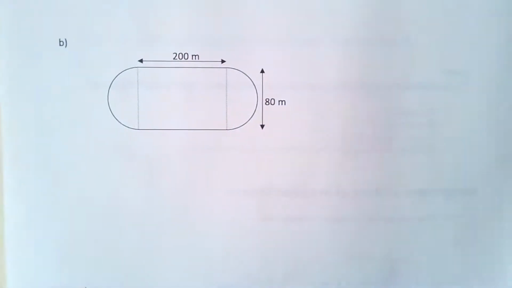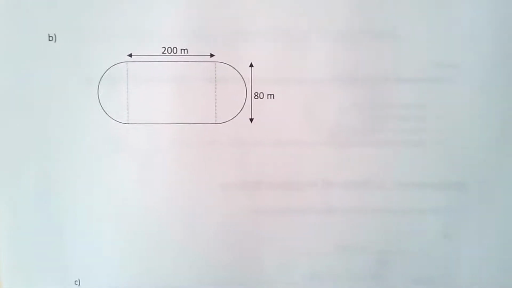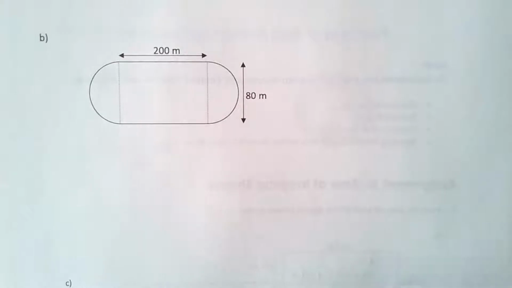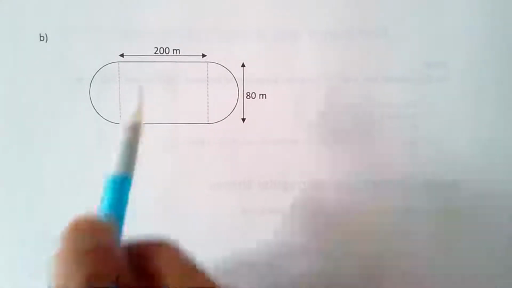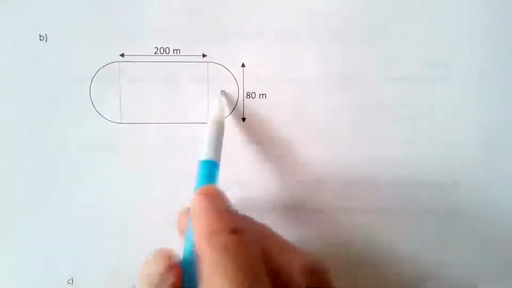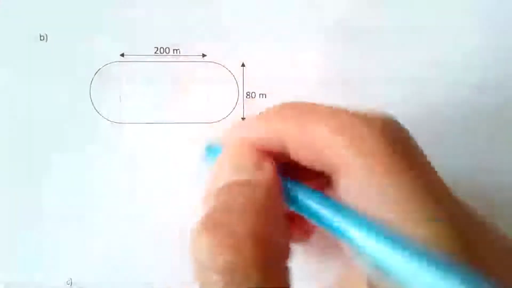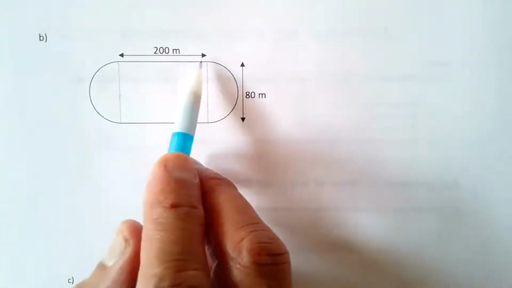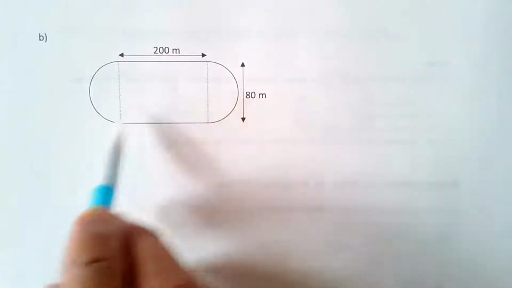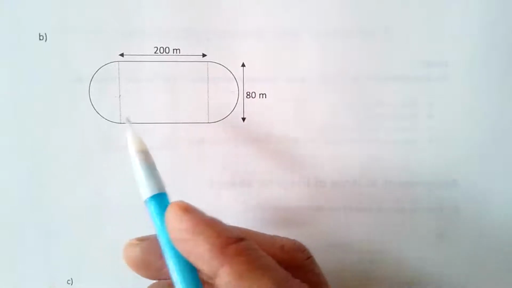Let's move on to the second question. To find the total area, we're already given these 3 sections. We're given the width, and we're given the length from here to here, but the dimensions here are not given. So we need to